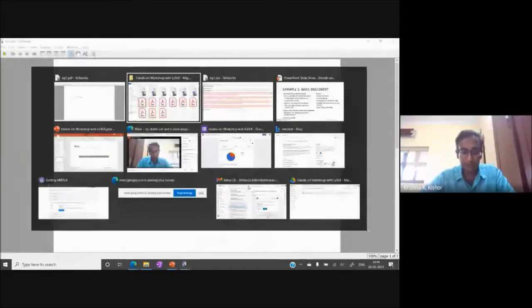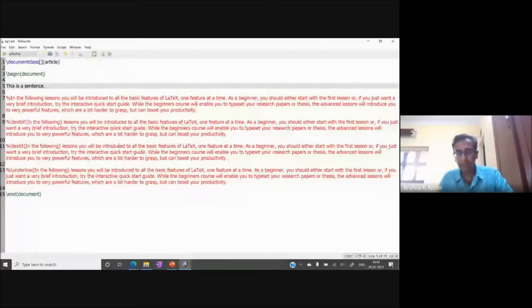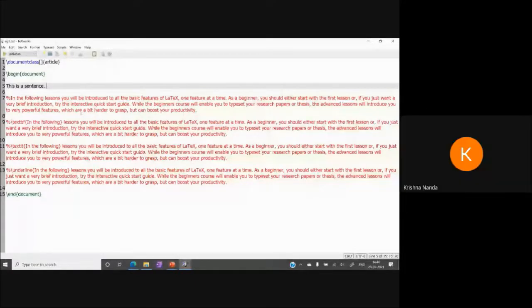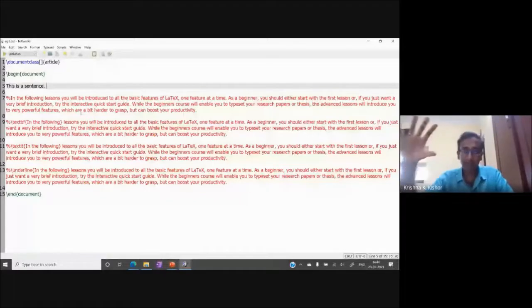So that's it. It's as simple as this. Someone was asking just now whether you can convert a Word file into PDF into LaTeX. What I would advise is, whatever you typed in Word, just copy paste it into this portion over here, and that's it. If you want, I can show a demo of it. But I hope that's understood. I hope that is clear.